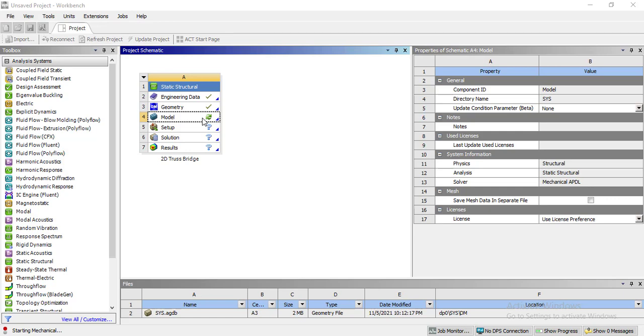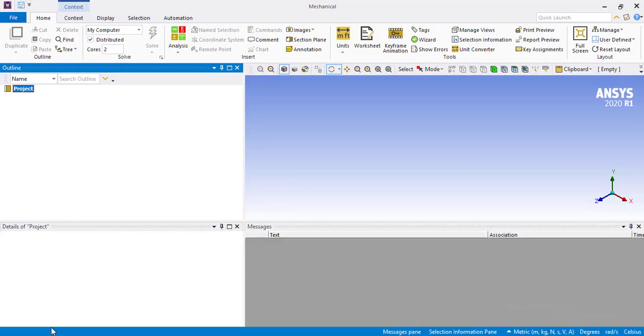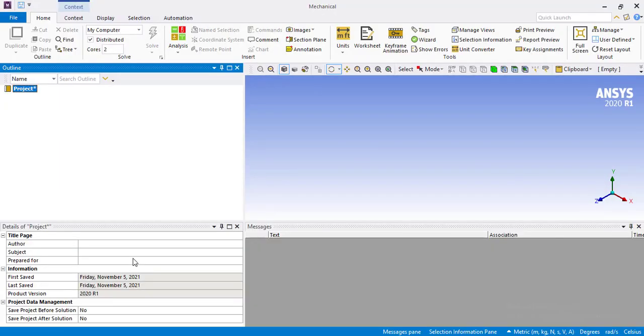Now the ANSYS mechanical window is starting and you can view the progress from the bottom left corner of the window. As you can see, this window is loading because it is extracting the geometry that we have created in the ANSYS design model window into the ANSYS mechanical window.